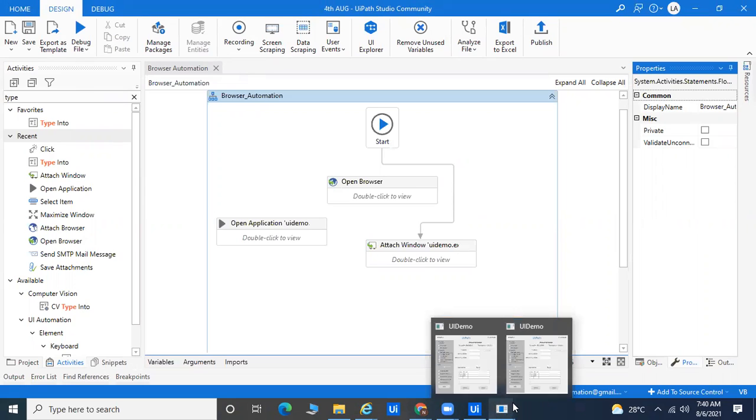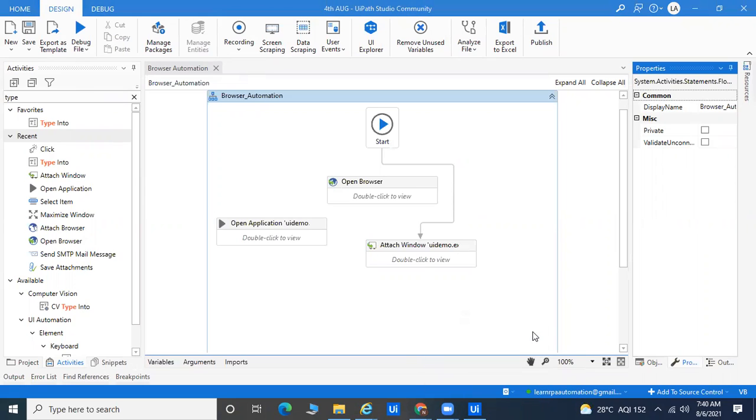Once again I'll show you. I'm going to close this application, and right now I'm going to save and run this program.